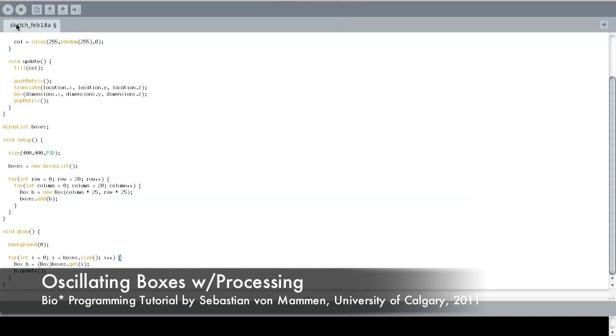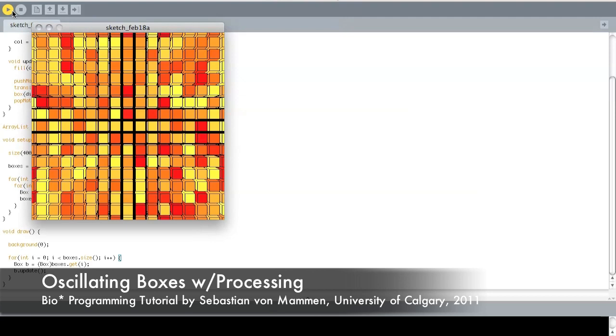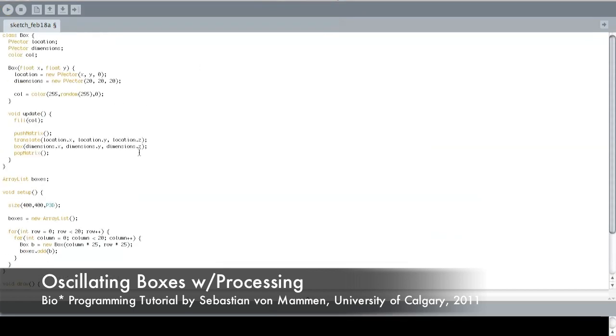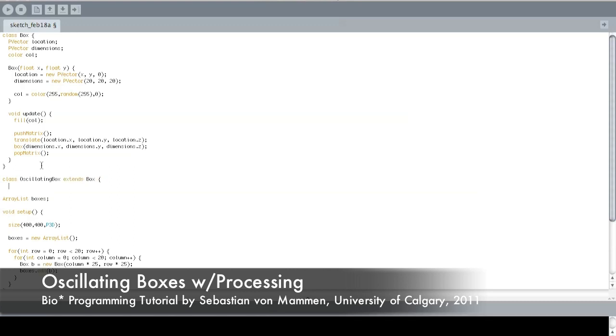Yeah, and if I haven't made any mistakes, then we should see, oh yeah, we do see a little window with 20 by 20 boxes on our screen aligned in a two-dimensional grid in 3D space. Now that's already pretty cool, but we want to go one step further, and we want to let those boxes oscillate. Oscillating box. We create a new class, OscillatingBox, that extends our previous class,